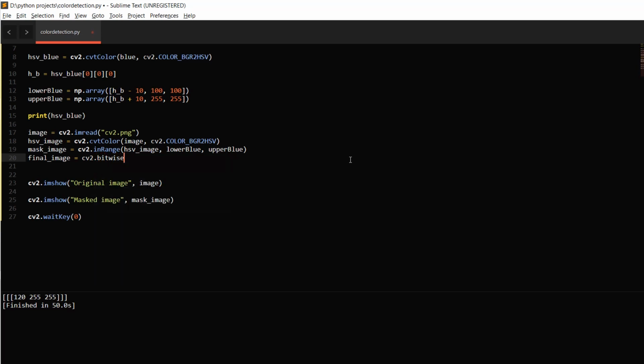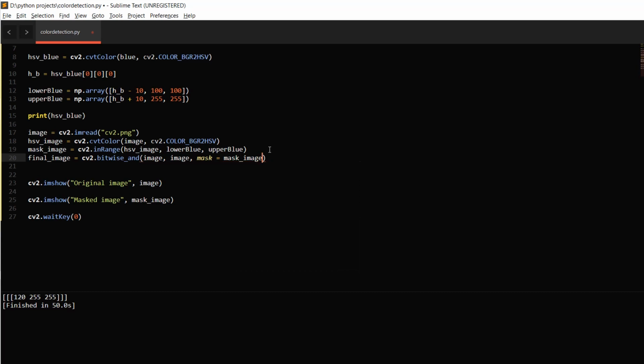The first argument is our original image, which is image, not the HSV image, and the second argument is also the original image, and the third argument is mask. Here mask is equal to mask_image.